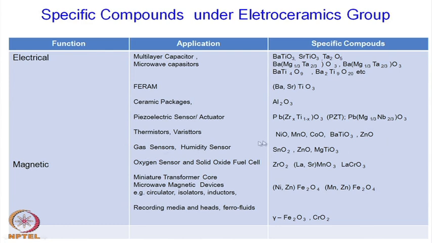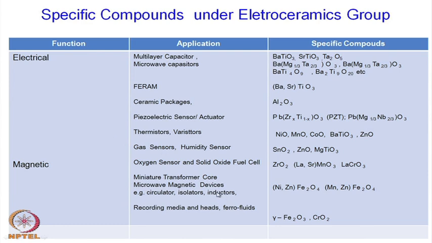A varistor is another variety of material where the resistance changes with voltage, and that again has a very important application area, particularly for surge protection. So, the material which is used for this purpose is zinc oxide. Semiconducting property of